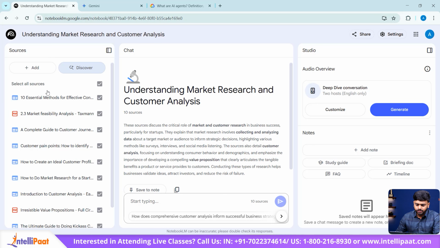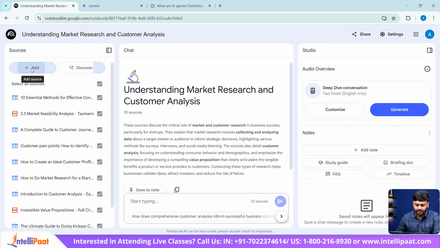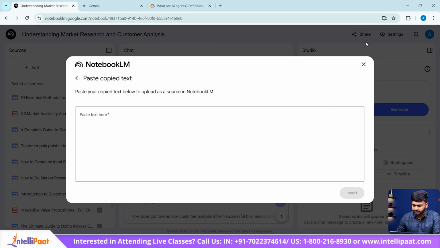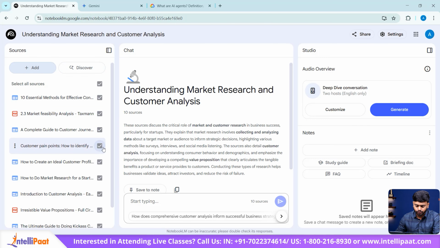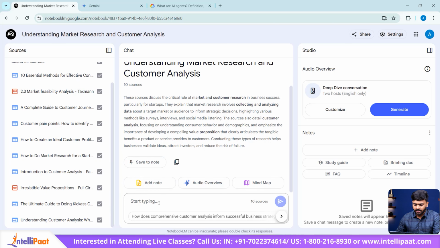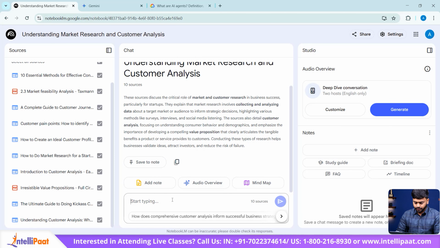Now you can see that all the sources have been loaded in the source section, and if any of the sources is not being loaded properly and you see any error over the source, you can just go back here and click on the add button, and you can just copy the text from that source and put it here in the copy text and insert it over here if any of the sources is not loaded properly. So all the sources have been loaded properly over here and the overview has been generated, and you can just create a mind map from it, or you can just ask some question like how I can create